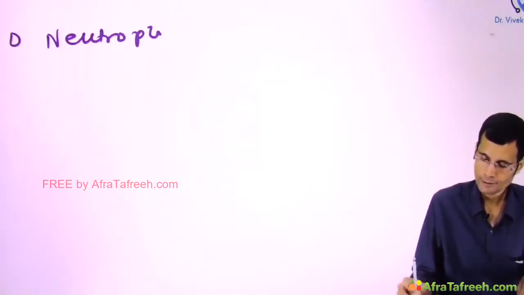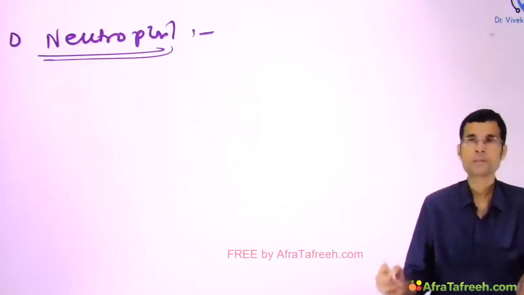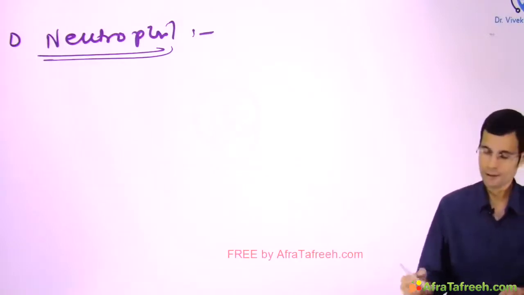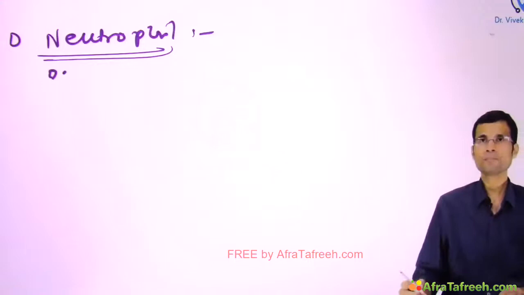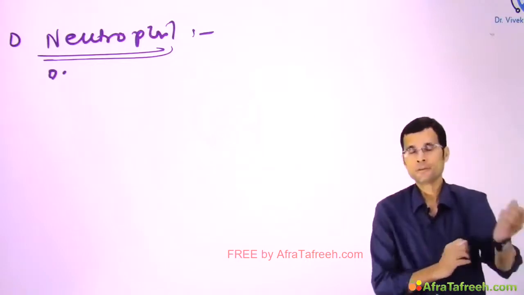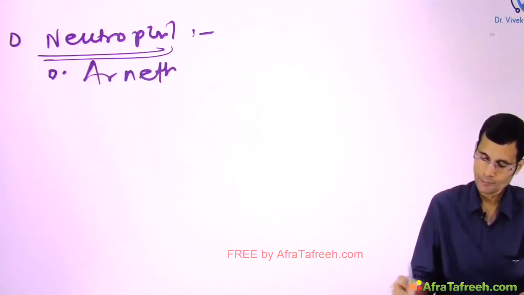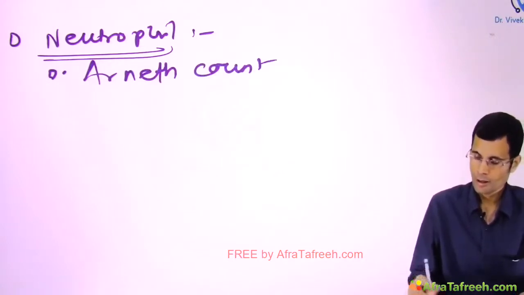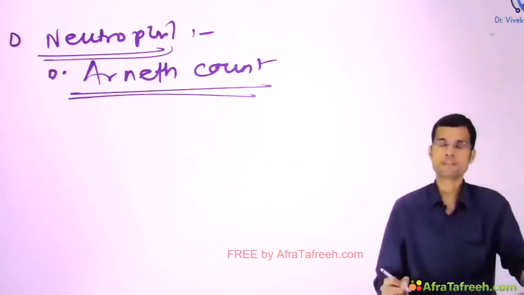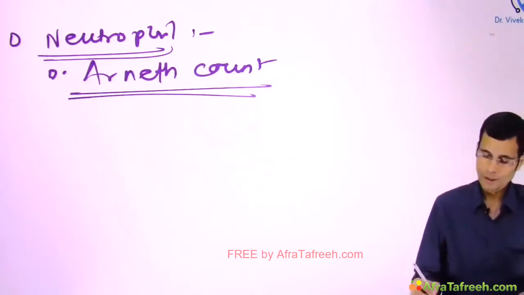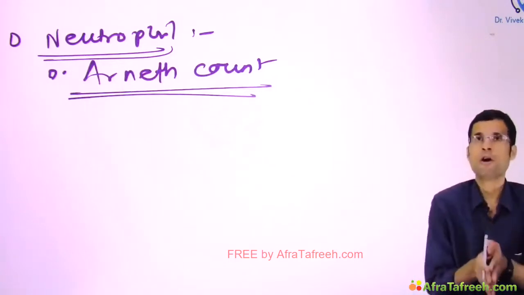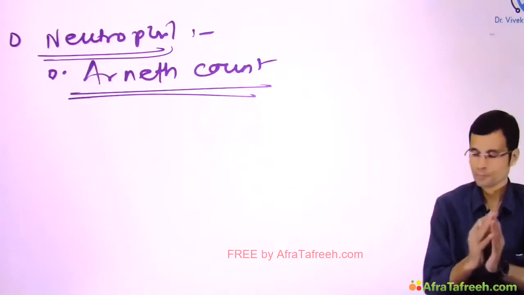Neutrophil, the most populous cell, 50 to 70%. Now, in the case of neutrophil, there is an Arneth count. Arneth count of the neutrophils. What is that? You see, when a neutrophil is formed in the bone marrow,